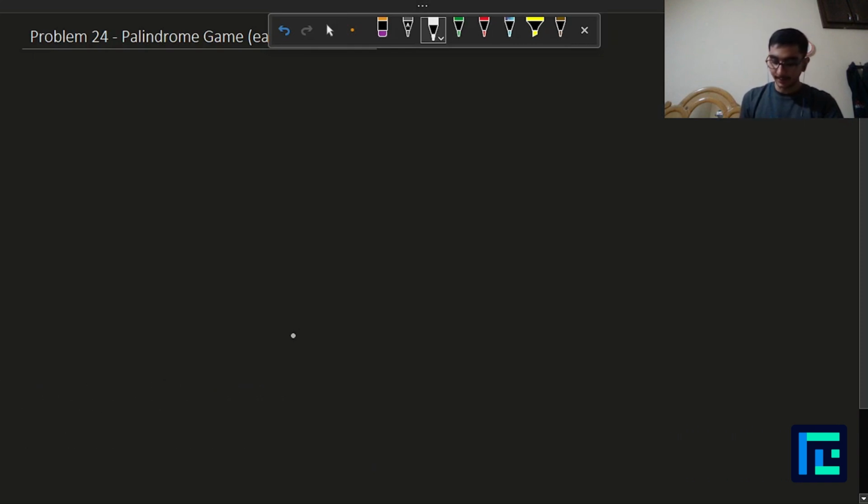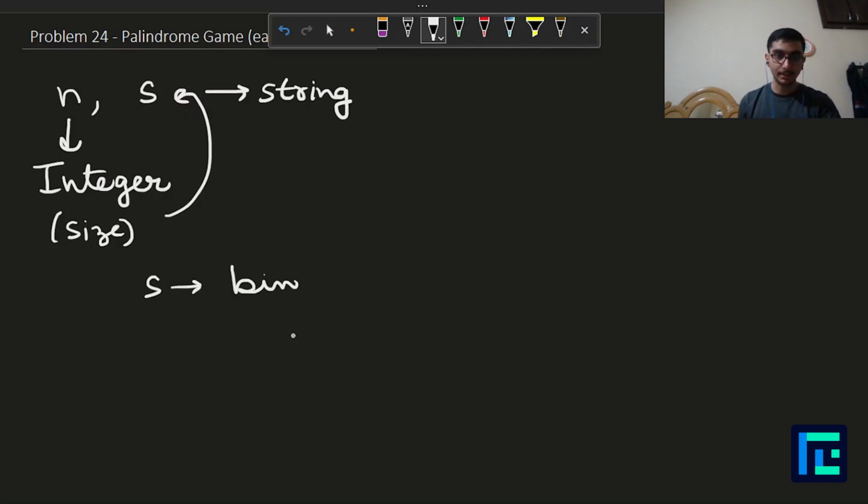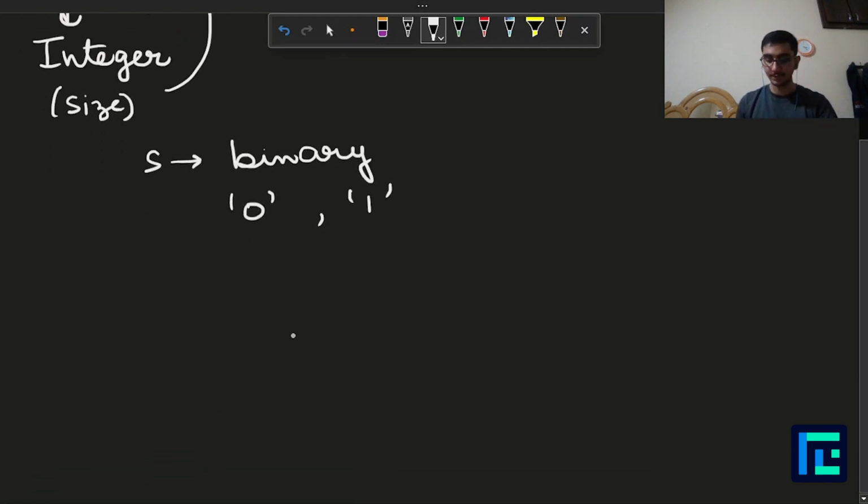So, for every test case, it is given that we have two things, n and s. N is an integer, and it denotes the size of our string s. So, s is a string and n denotes the size of it. It is also mentioned that s is a binary string, so it contains only the characters 0 and 1. Also, for this version of the question, as you could read, it was the easy version. For the easy version, it is given that S is initially a palindrome,